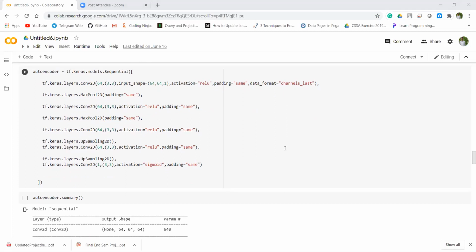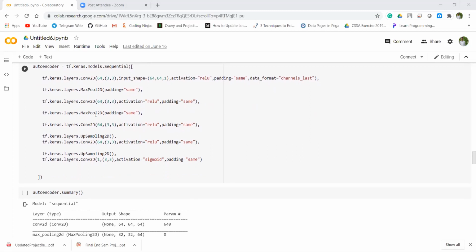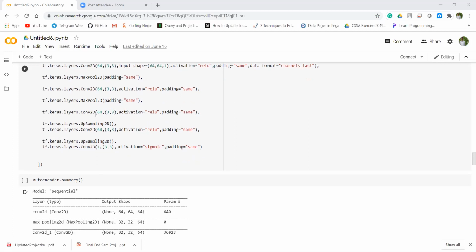Next, the pooling 2D layer is similar to downsampling, in which it is used to conserve memory and training done on a low data set. Similarly, a 3 by 3 layer will work, followed by a maxpool 2D layer. Now encoding is done. As we know, in a convolutional autoencoder, the encoding and decoding two parts are done. Now encoding is finished and we are moving further to the decoding part.